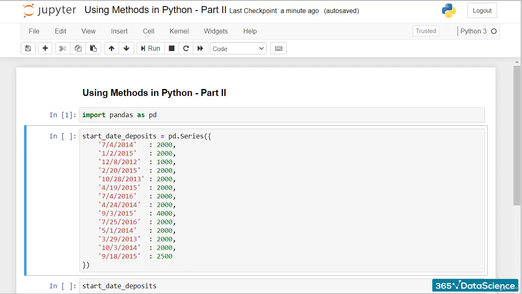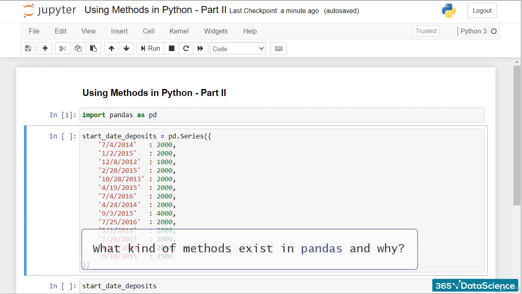In the previous video, we embarked on the important subject of using Python methods. To be precise, we introduced several pandas methods. In this lecture, we will continue our coding journey. Before we do that, let's pause for a minute to develop an intuition about what kind of methods exist in